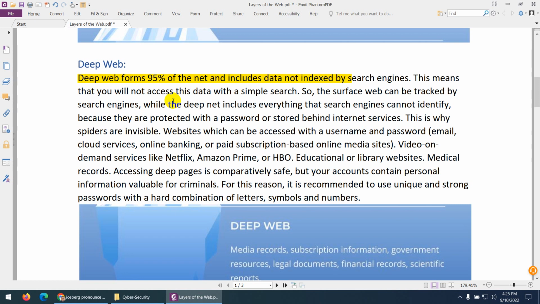It means you will not access this data by simple search, and the surface web will never find this information for you, because this is called the deep web. This information is protected by a password and other procedures to access these resources, and the normal internet will never index this information to provide it to you.